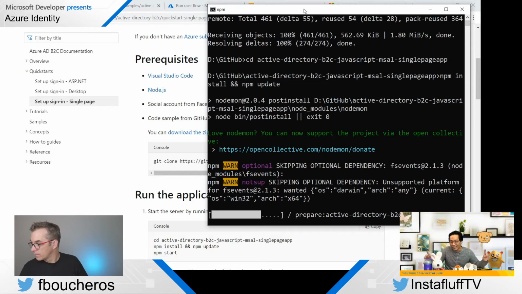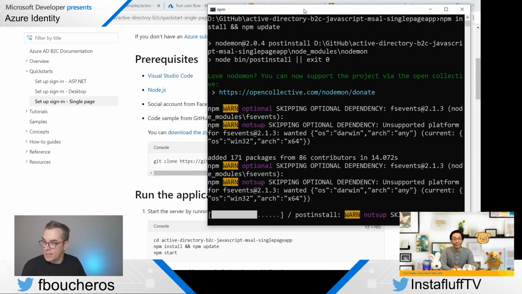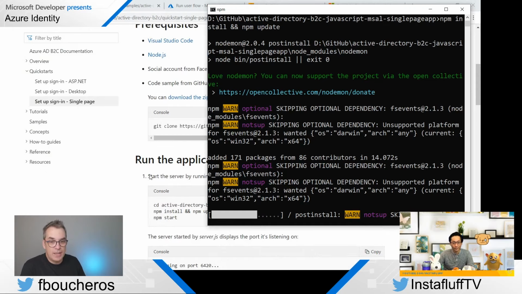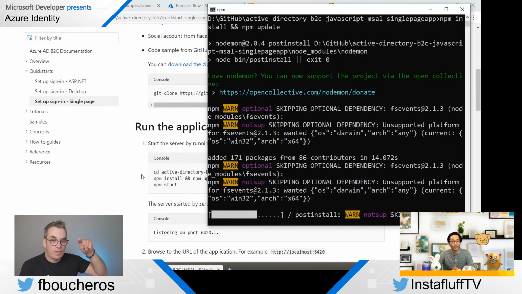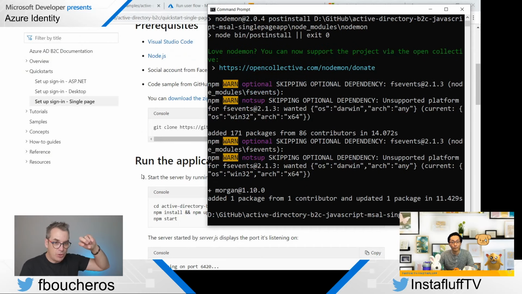Love Nodemon. Yeah, we love Nodemon. Oh, yeah, because when you create, even with .NET, if you write, for example, .NET new, and then you specify auth, like AU, and then you say single org, or you have different options, and then you pass the client ID and then tenant ID, it will configure the page for you, and then you could just run it from there.